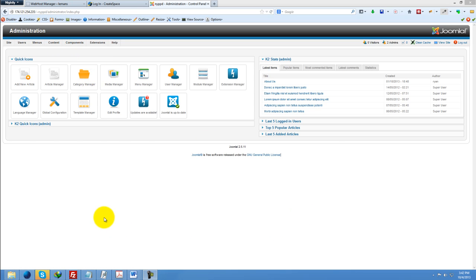So this is what you see when you log in to the back end of your Joomla administration. This is the control panel. Most of this stuff you won't be touching unless you want to make edits to the site itself and the pages on the site itself, not including your shopping cart. Anything having to do with your products, your shopping cart, your shipping,